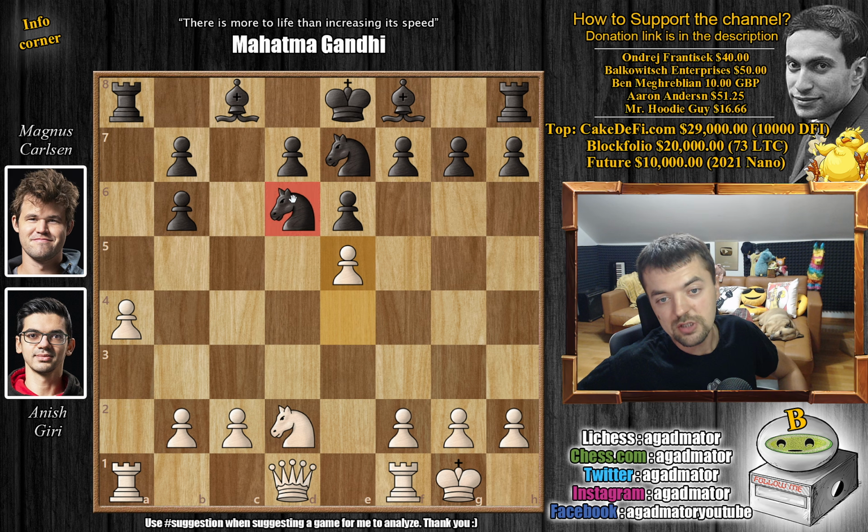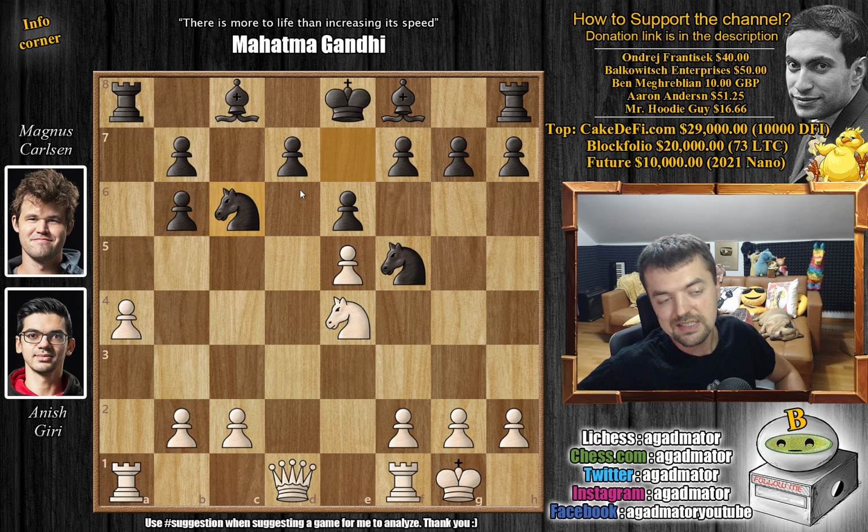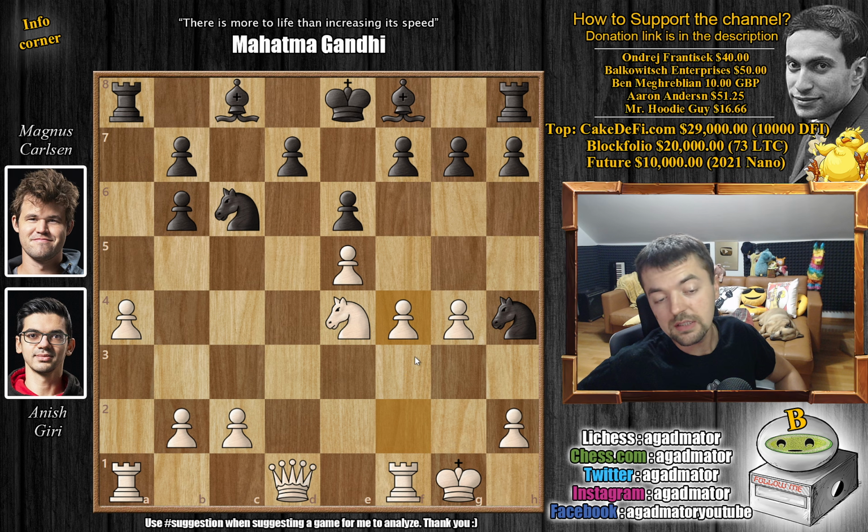Anish starts with e5, challenges the knight, and now knight d to f5. This is an excellent square for the knight, so at some point we will dislodge it with g4. We have knight to e4, Anish goes for knight to d6 check, and now knight to c6. Of course, preventing this, we have g4, chasing this knight away, and knight to h4 now. We have f4. Now the rook also guards the f3 square, so you don't have to worry about this knight here, but also you really just want to open up the position and start going after Carlsen's king before he